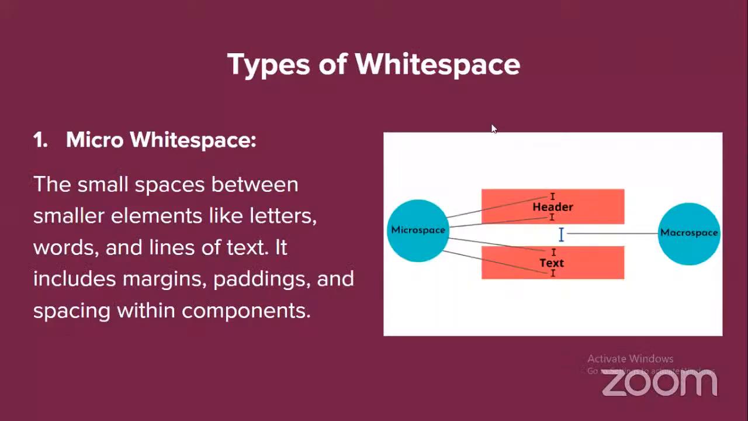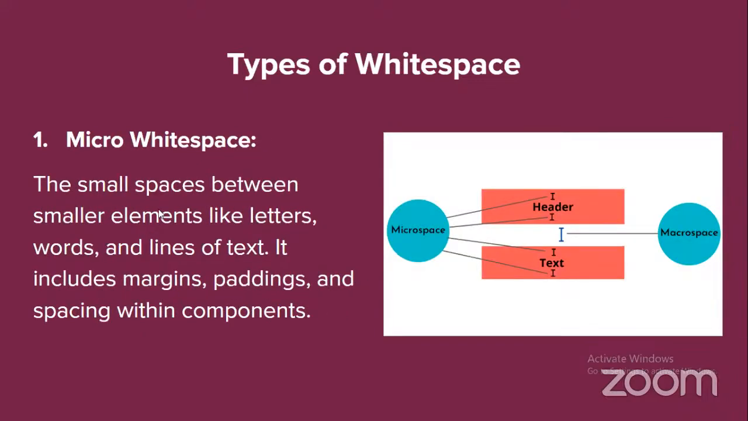So the next is types of white space. We have two types of white space. The first one is the micro white space. How do you know how to use that one? Okay, so from this example, I have the micro space here. You see that all these texts here, there's space in between. There's space in between. There's space in between. So let me use this one now. I have body text here, and all this spacing here,